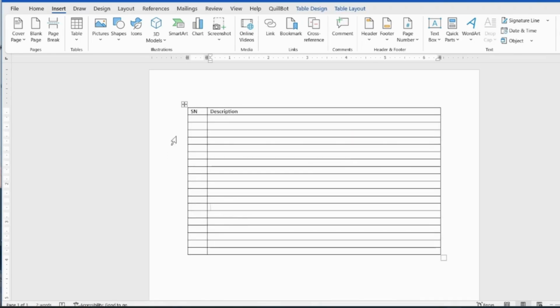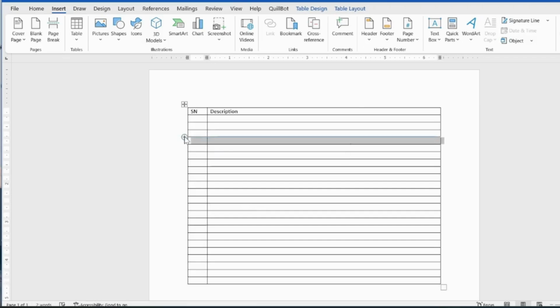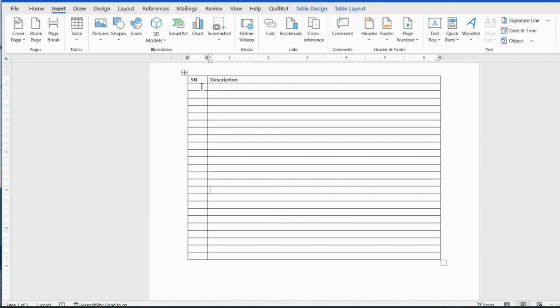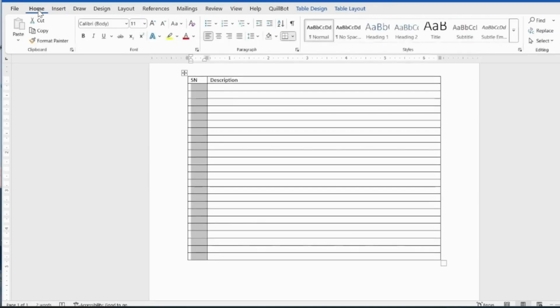Okay, now we don't want to make numbering manually. Rather, we wish to make an automatic serialization. Now we will select our respective column and go to the numbering section on the paragraph